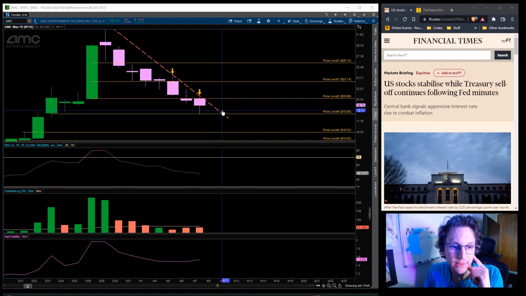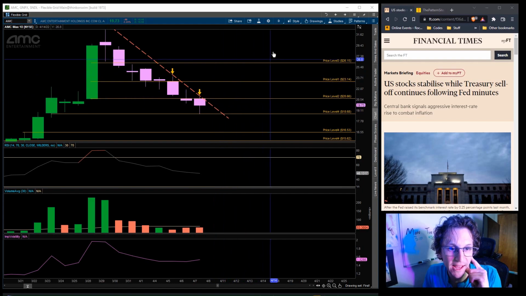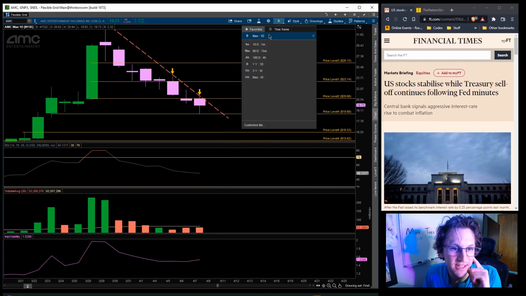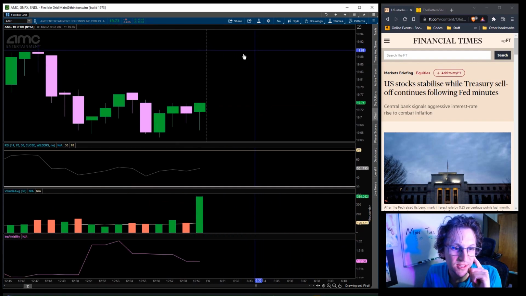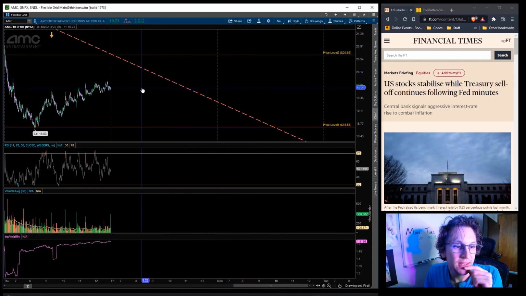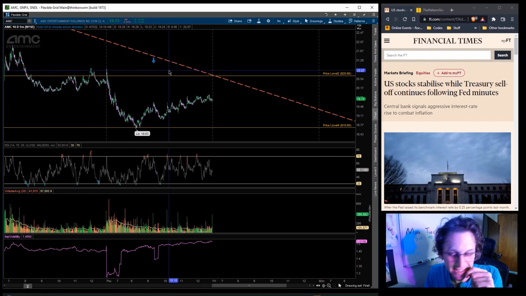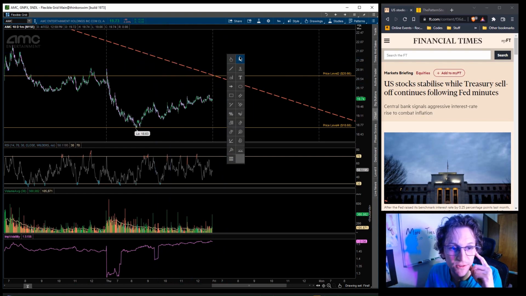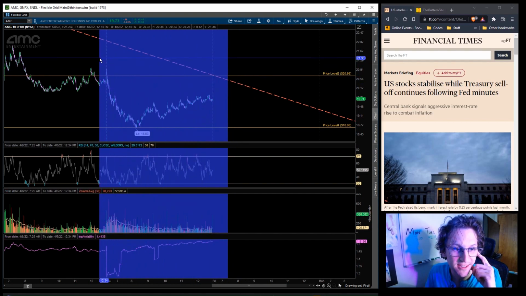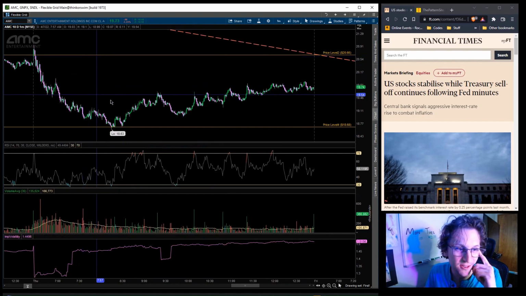So, let me talk about what happened on the 1-minute chart today. Obviously, on the daily, we're still in this downtrend. And it's going to kill me because people are going to identify that downtrend and see that daily candle and say, bullish reversal, hammer. And that's not true. That's not a hammer. Does this look bullish? This doesn't look bullish to me.